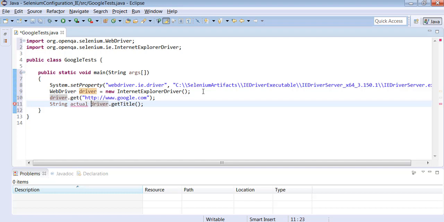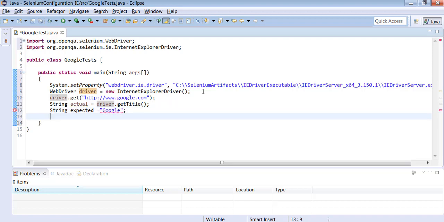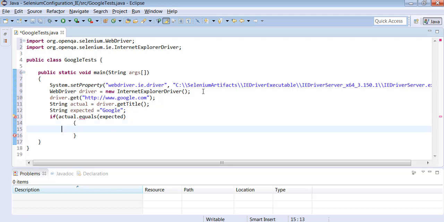Then similarly, there is an expected value. What is expected here? String expected is Google. Then if actual dot equals expected, then the test case is pass, else the test case is fail.